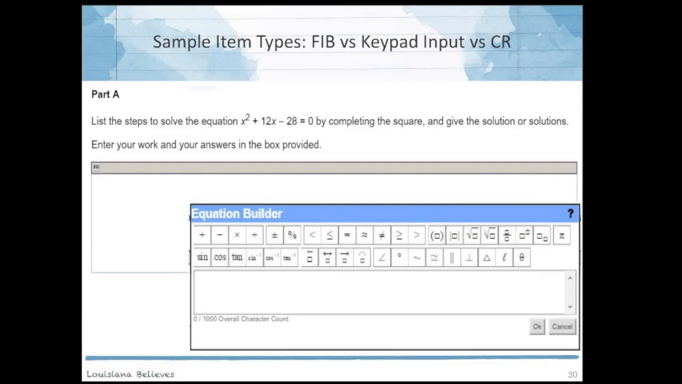So let's say a kid types 100 characters in the equation builder, and then it gets the message that they've reached the character limit. All they have to do is press OK. It gets entered into the open response box, and then they open up that equation builder again and continue typing their next 100 whatever. They can open it as many times as they need to till they hit that 1,000